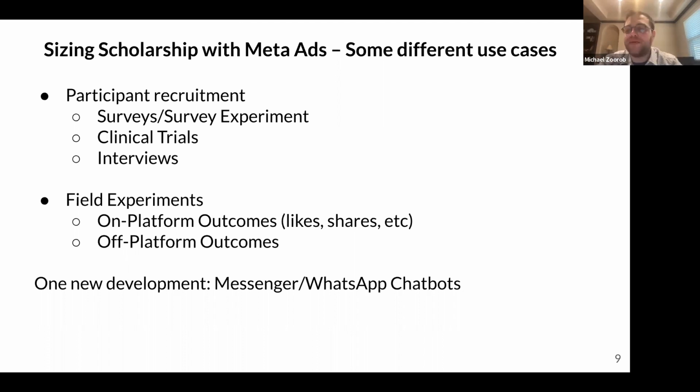I guess one meta point, one annoying thing about the company is you say things like this, and it sounds like you're referring to the company, but what I mean to say is one higher level point that I'd like to share about all these use cases: one thing that's advantageous from the company's perspective is that this is explicitly consented research. This is a way that people use our products to do research, but the participants in these studies are clearly consenting. They click on the ad for the study and they see the consent form and they hit agree.